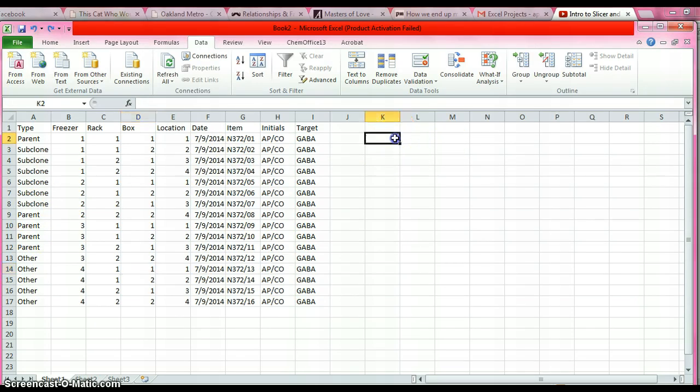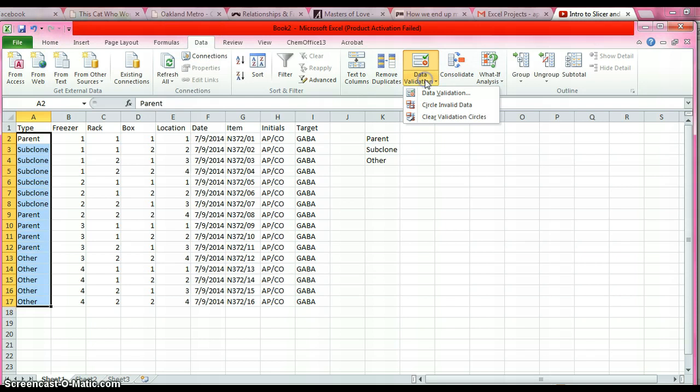And the way that you do this is first you want to type out all of your options. So for this case we have parent, subclone, and other. And in the real freezer log there's immortality or empty and different things like that. Like to keep it simple, and select all of the fields in which you want a drop-down menu, and then if you go to the Data tab in Excel and go to Data Validation,